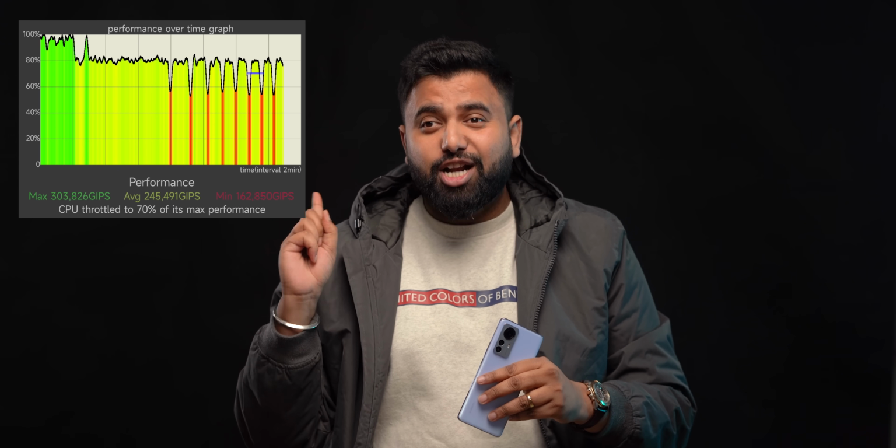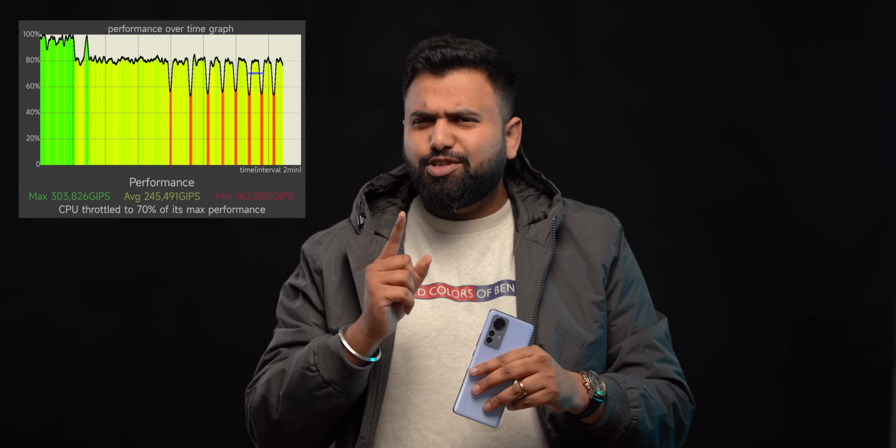Well, I'm saying this because of this graph. See this? Yeah, this is what I'm talking about. I mean, if you thought the Snapdragon 888 was bad, the 8 Gen 1 is...